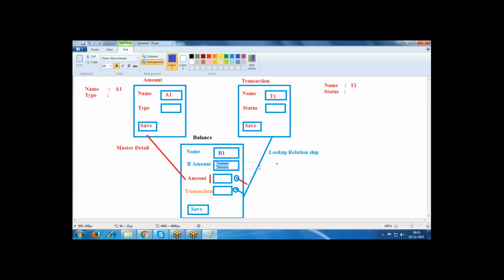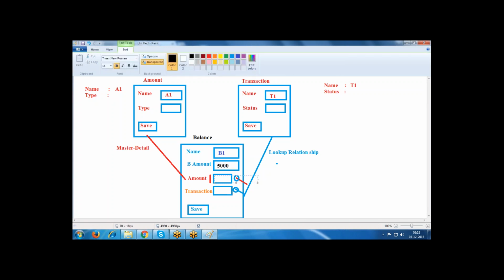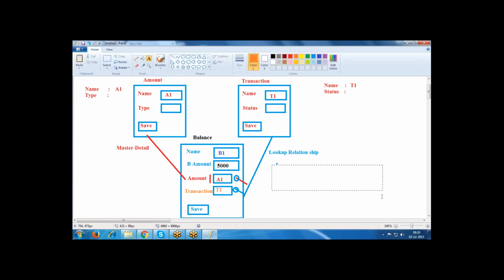My rule criteria, my condition, is 5,000, and I'm selecting A1. What is A1? Amount 1 I selected. Here transaction, I selected T1 as the transaction. These two are the parent objects I selected.